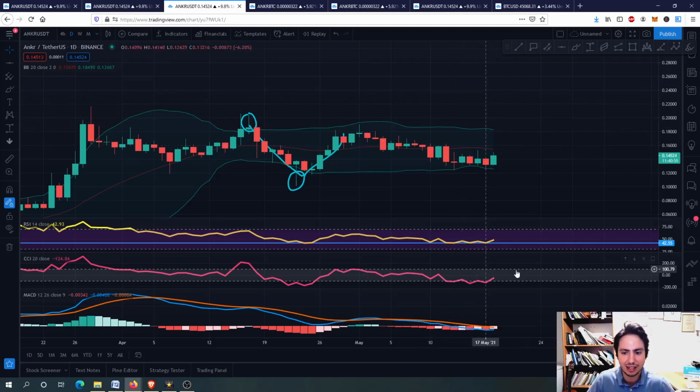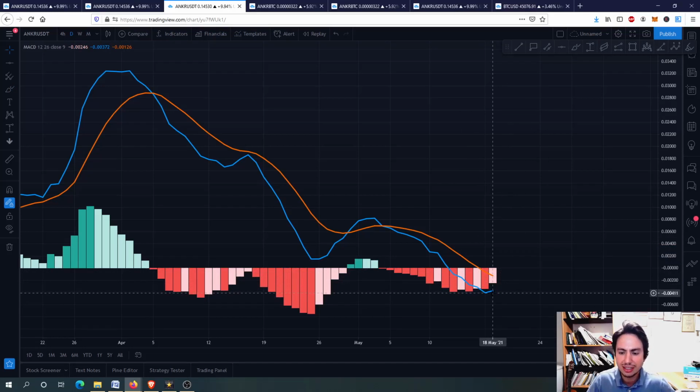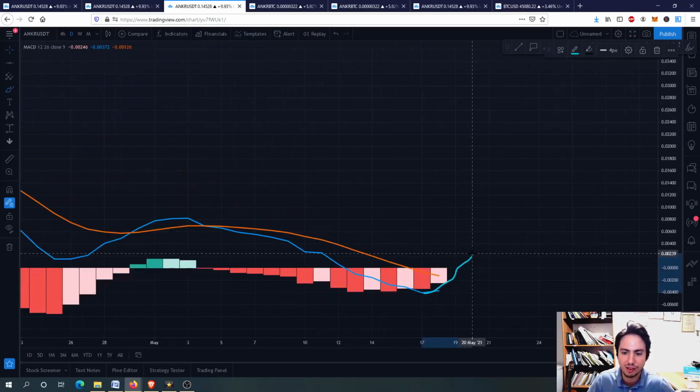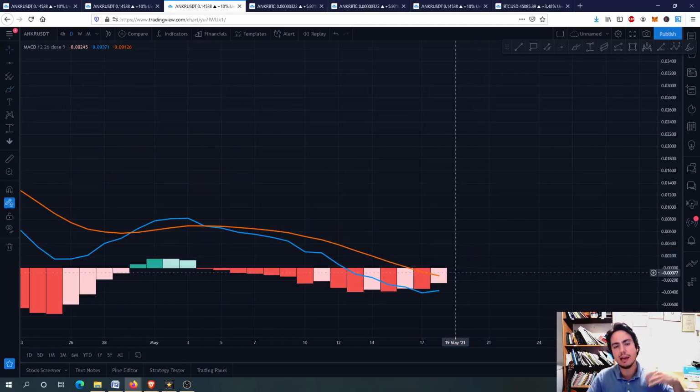Matic didn't even care. And let's go right now to the MACD to see what I want for Ankr. I want this little nice bullish cross from the blue line and the orange line. Between those two lines, guys, I want this very nice bullish cross. This has a nice angle. However, if we don't see a bullish cross firstly, and secondly a more distance between those lines, then we won't be able to go upwards. We need this bullish cross for the daily frame for MACD.